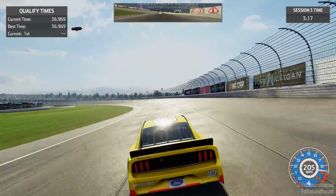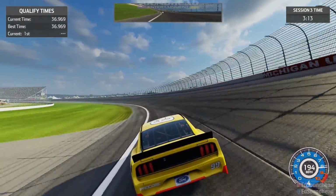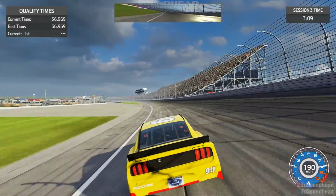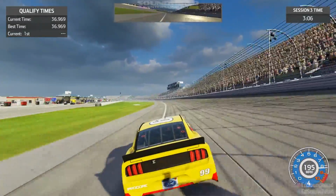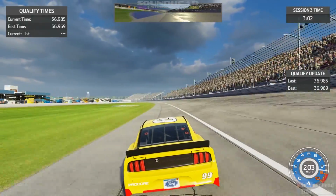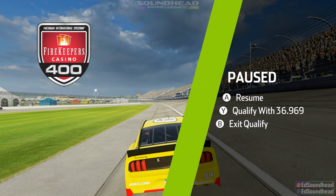See if we can hit that turn 3 nice and neat. Keep things clean. We do. Holding it down to the bottom. So yeah, I'm doing a lap here, and we're going to come around, and I'll take whatever I get. A little bit slower that time, probably because I didn't have the draft down the backstretch from Paul Menard, but we'll take it. So we'll qualify with a 36.969,